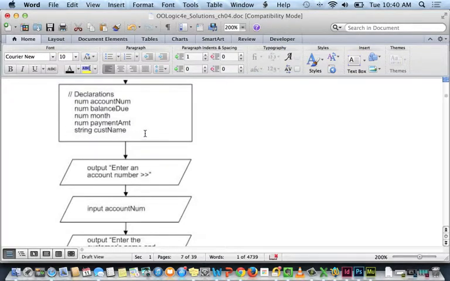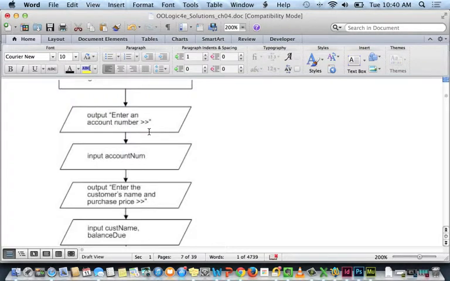Now, if we're in JavaScript, which I didn't require you to do, it would say var still on customer name. Output, enter an account number. Now, we don't usually put this in our flowchart or pseudocode because all that is asking the question. So it's really part of the prompt, so it's really part of the input, but the way they coded it,